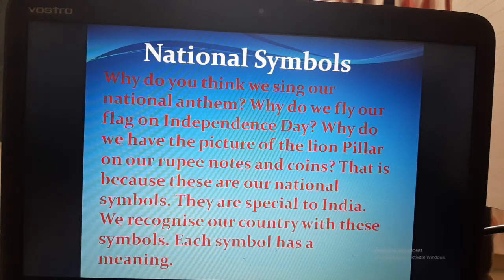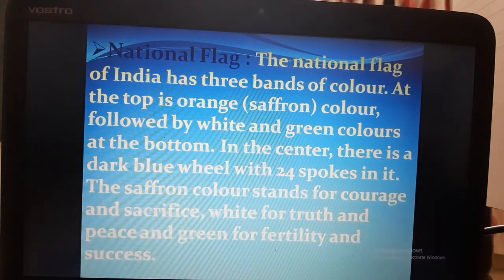Okay students, let's learn. The first national symbol is the national flag. The national flag of India has three bands of color. At the top is orange saffron color, followed by white and green at the bottom. In the center, there is a dark blue wheel with 24 spokes in it.